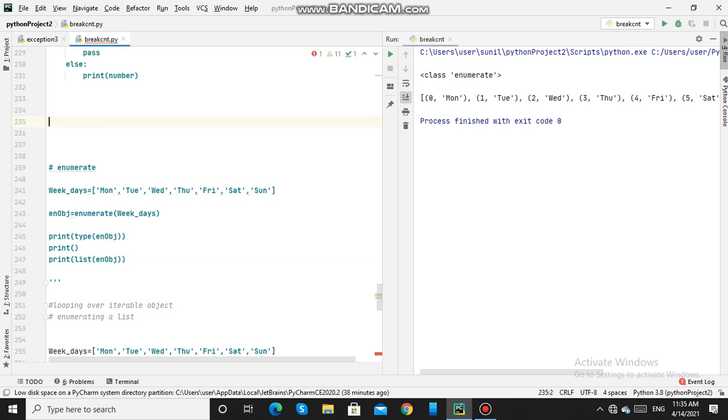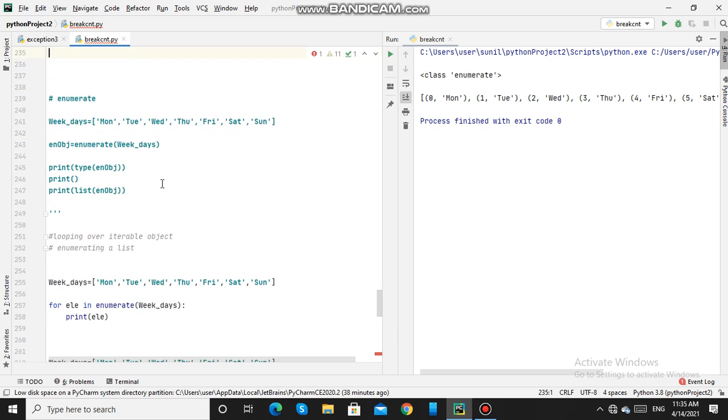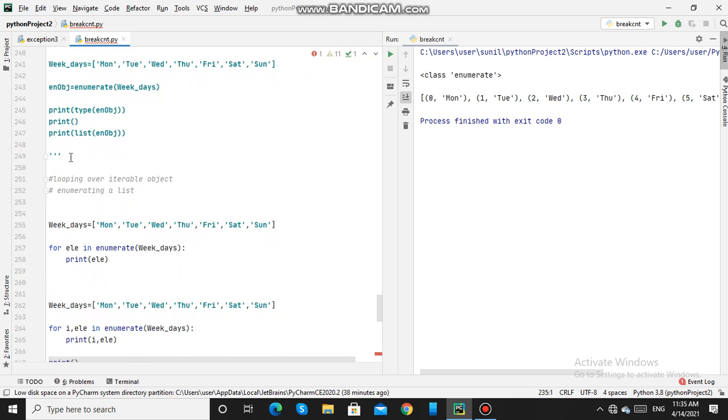Now we will see how we can use this enumerate function in for loops. So here I have this list weekdays, then for element in enumerate weekdays, print element. So it will add a counter to each of these elements and then print.